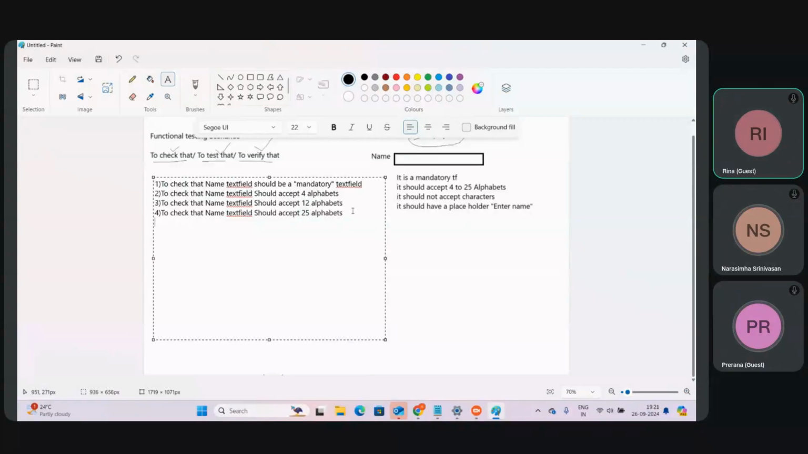Enter name is a positive scenario. Enter name, what enter name? Tell me the last scenario in a proper way. Enter name, the placeholder is missing. Very good. I am thinking: to check that the name text field should consist of a placeholder stating